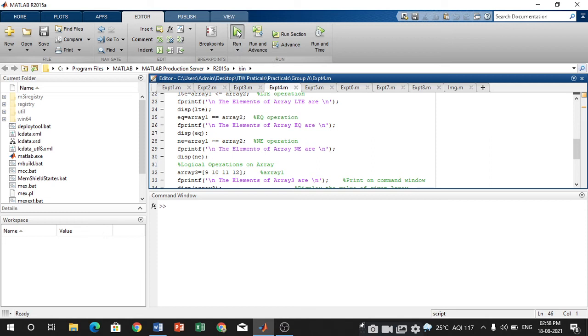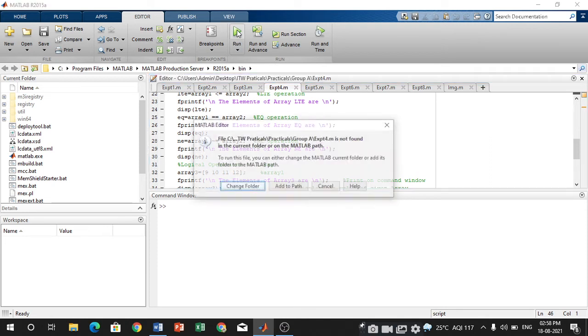Here we just click on the run operation, and it will ask us about changing the folder. Change folder means our practical is not saved in the folder currently shown, C program files MATLAB and MATLAB production server, so MATLAB asks whether we have to change the folder.